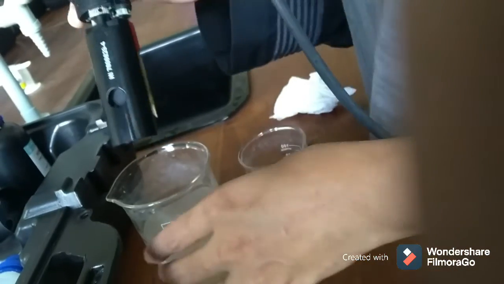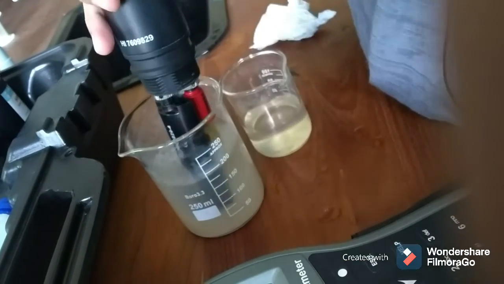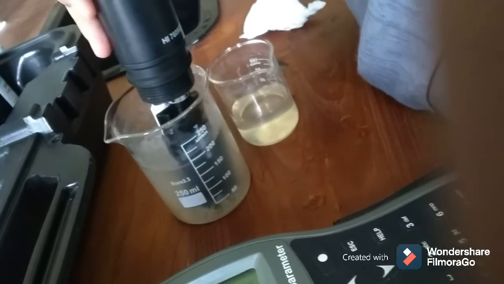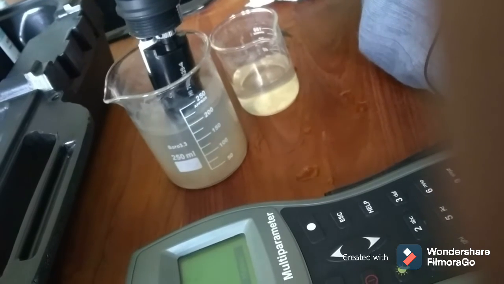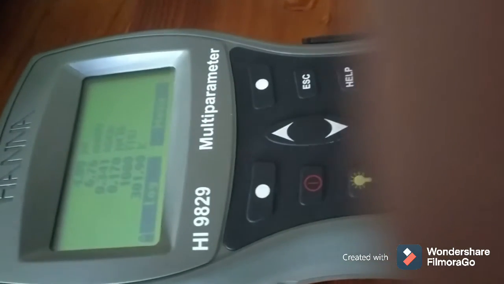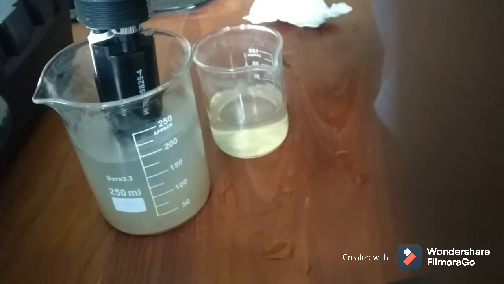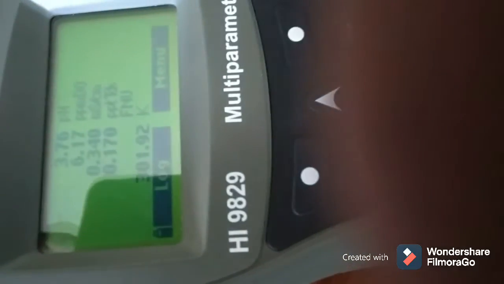Now we have to again read this wastewater sample. We have to insert up to this level and we can get the readings here. You can see in the instrument what the readings are.